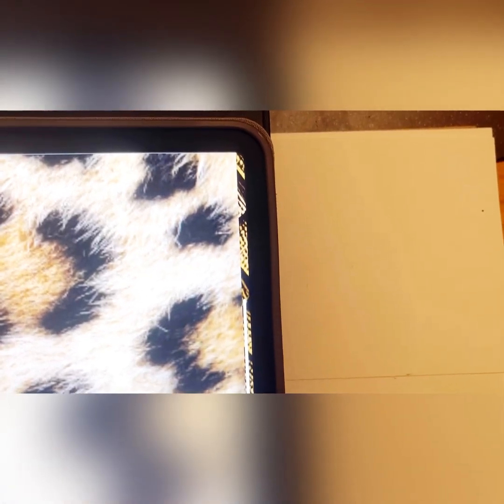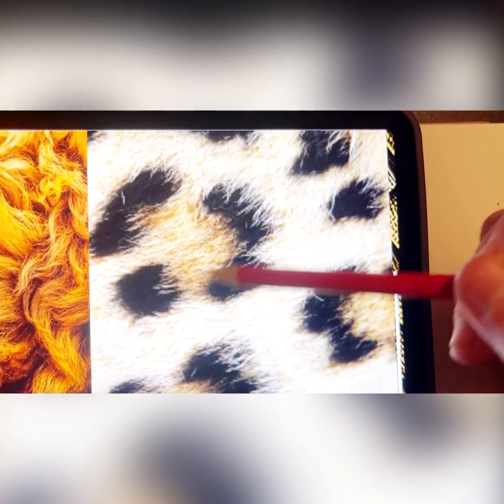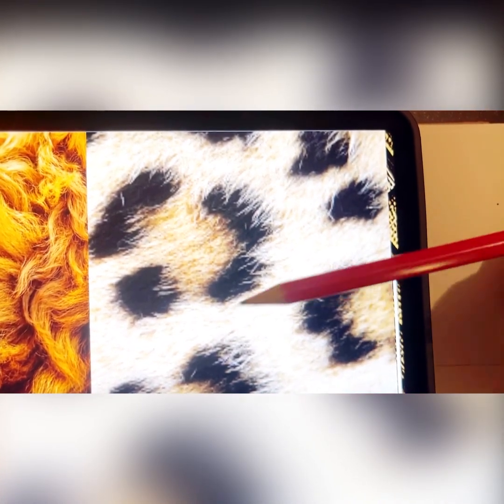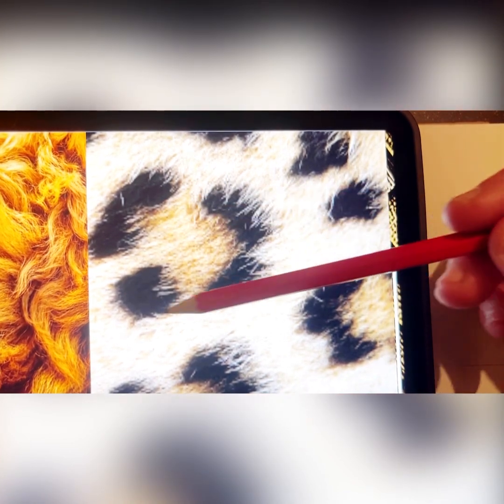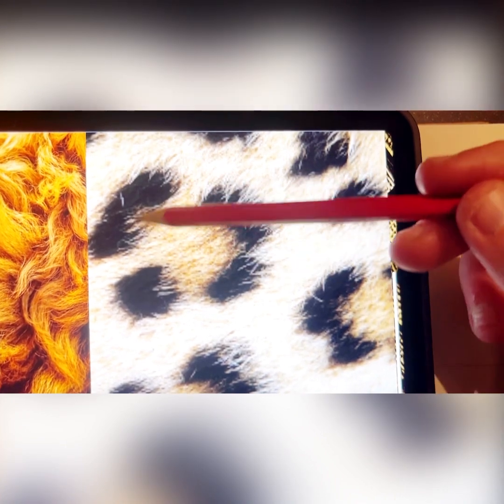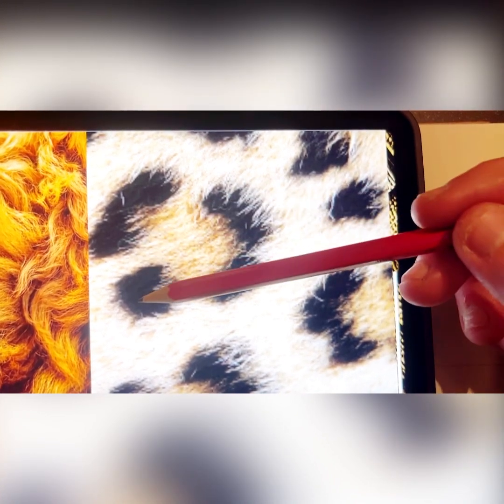Alright, so our next texture that we are going to look at is going to be this Amur Leopard fur. And I think we're all quite familiar with this idea of the circular spots on the leopard. But what we need to think about is what happens around that circular space. So we've got this vaguely circular medium tone here towards the centre of the spot, and then we've got these